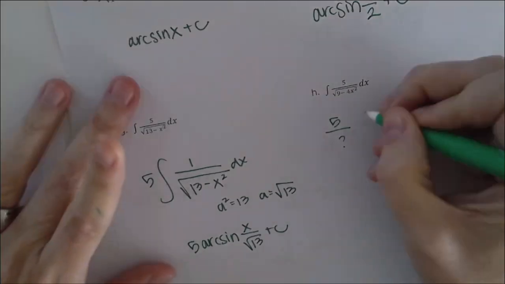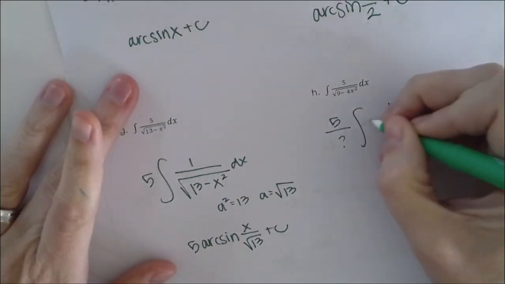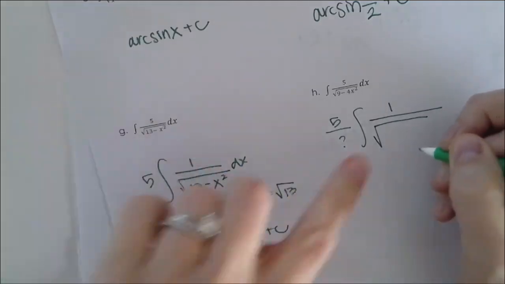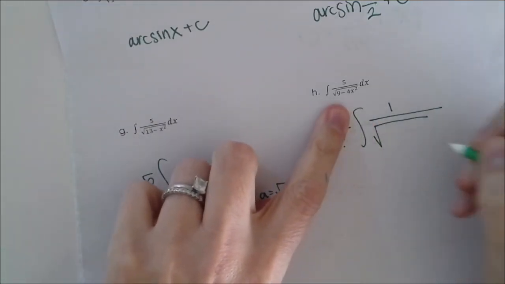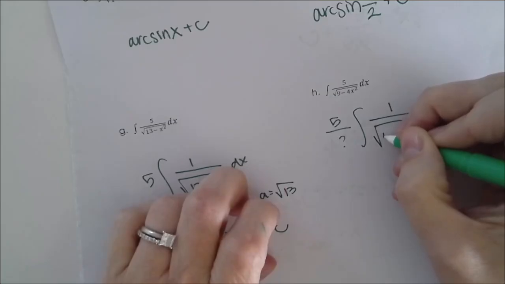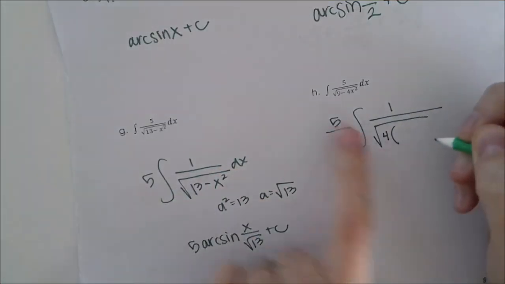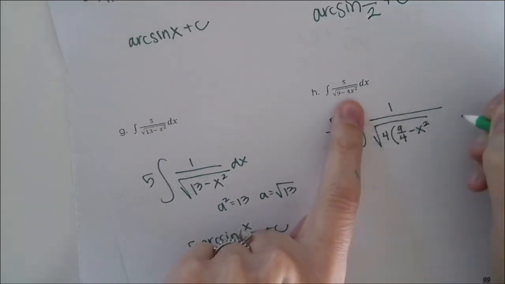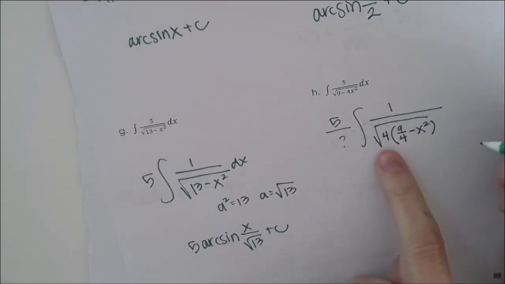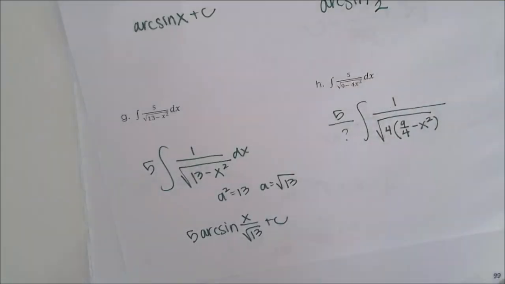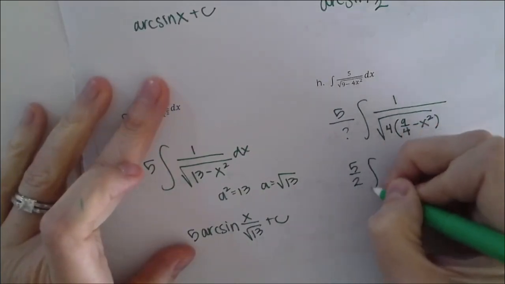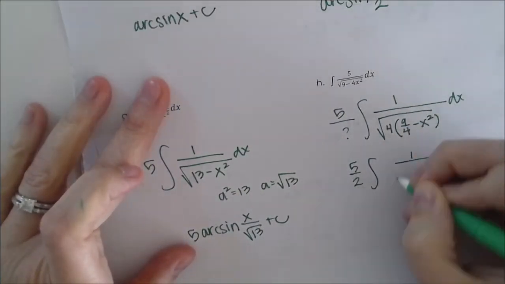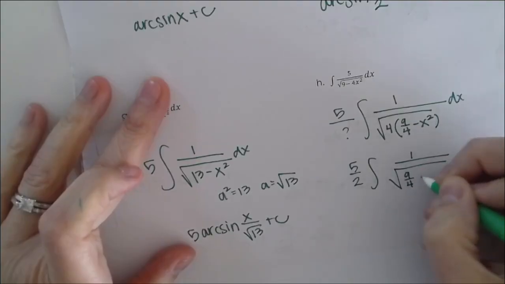So before I write what this denominator is right here, I want to write my square root of, I'm going to factor out a 4. So I am bringing a 4 out, which means I've had to divide it from the 9. I've had to divide it from this one right here. So if we think about factoring out a 4, that's a square root. So really what comes all the way out here is going to be a 2. So this is 5 over 2 times the integral of 1 over square root of 9 over 4 minus x